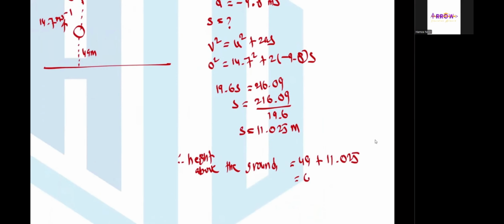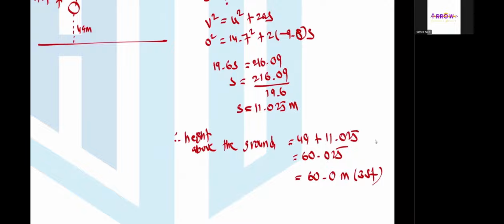So first I write the value to a higher degree of accuracy, which is 60.025, and then correct to three significant figures. This is 60.0 meter. This is supposed to be your answer. In M1, you can give your answers correct to 3SF or 2SF as well. The non-exact values, the value which you are obtaining over here,